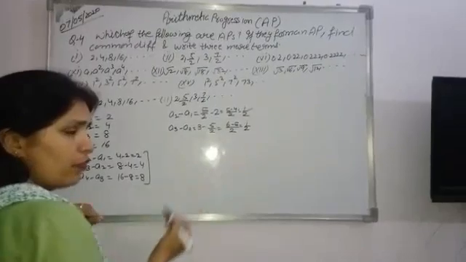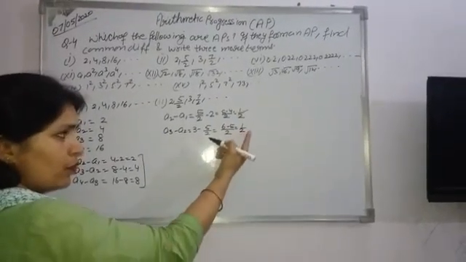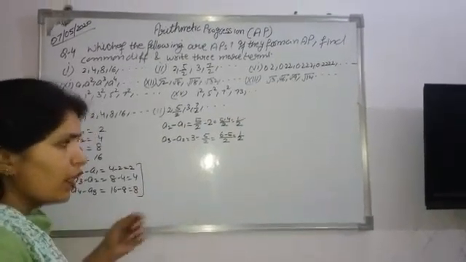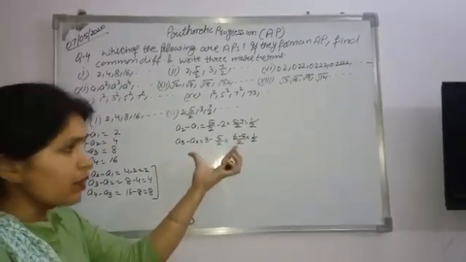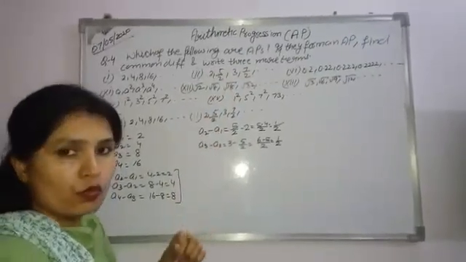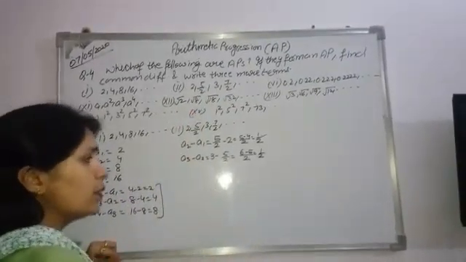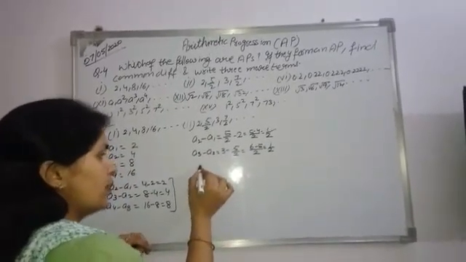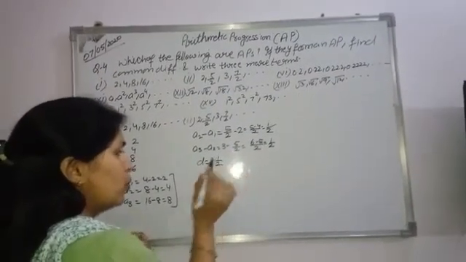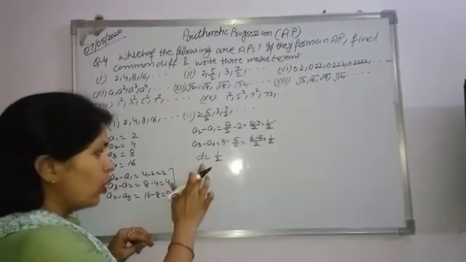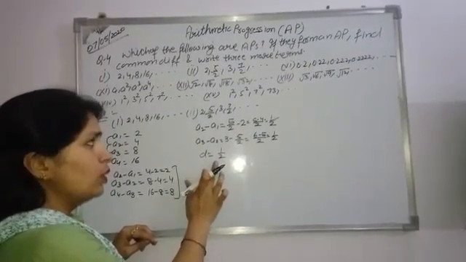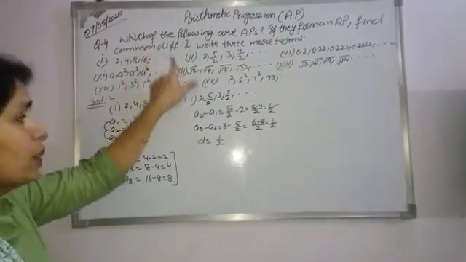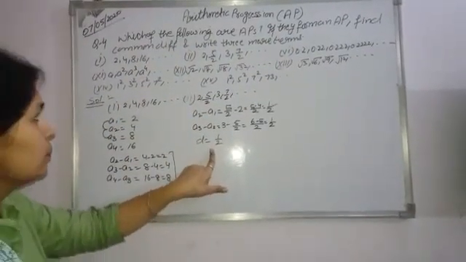So here the difference is equal to 1 by 2. The next difference is also 1 by 2. So these differences are the same. And if these differences are the same, then we can say that these numbers form an AP. And this common value is the common difference, that is D is equal to 1 by 2. We always denote the common difference by D. Here it is written, find the common difference. This is our common difference.